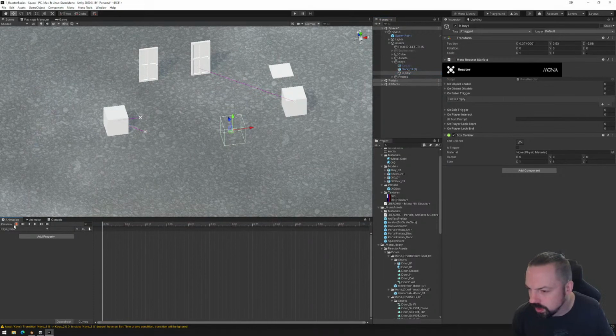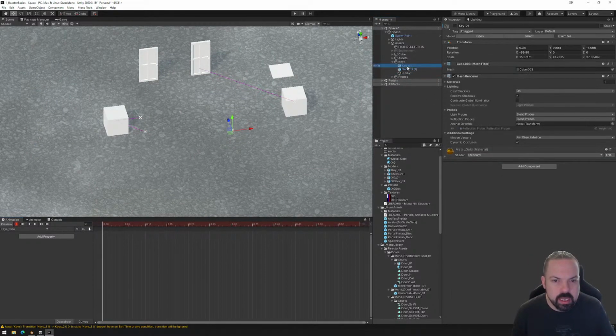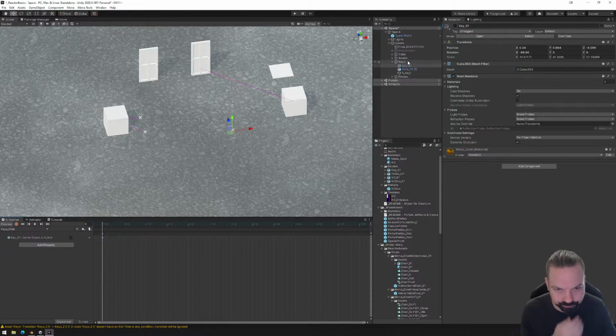Yep. Hide the key, please. And the thing is, what I'd like to do is you can unlock this only after you have the key. So for that, we actually need